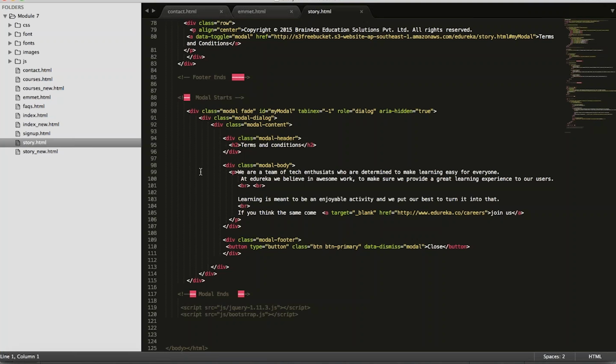So Praveen wants to know if Amazon S3 service is free. Yes, Praveen, up to some extent, just like Dropbox gives you 2 GB space to store data. In a similar way, Amazon S3 also gives you, I guess, somewhere around 5 GB for cloud storage. After those 5 GB, I think you are going to be charged.